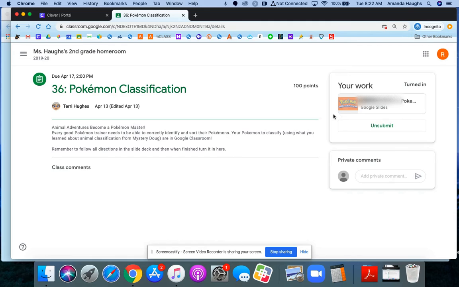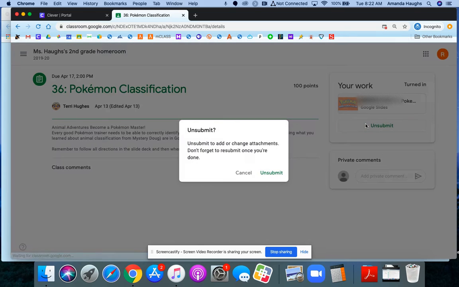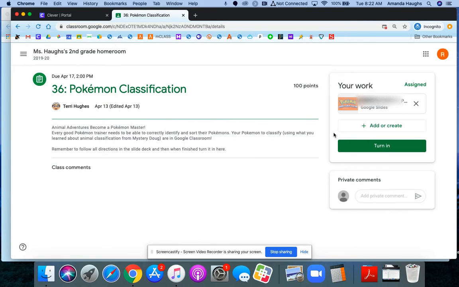If for some reason I want to go back into this document and make any changes, I can't do that now because I've already turned it in. It won't let me make changes. What I can do, though, is click on this Unsubmit button and then Unsubmit again. And that will give me back my projects to make changes to. I just need to make sure, though, that if I make any changes here, I have to go back and click Turn In again so that my teachers are notified again that the work is finished and ready to be